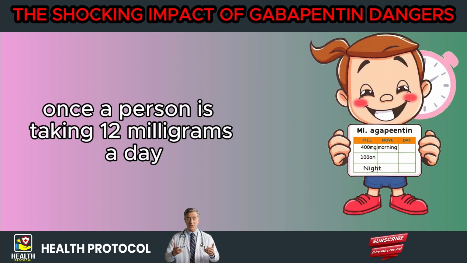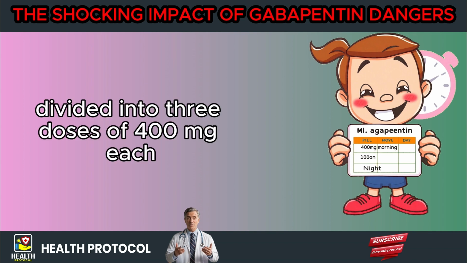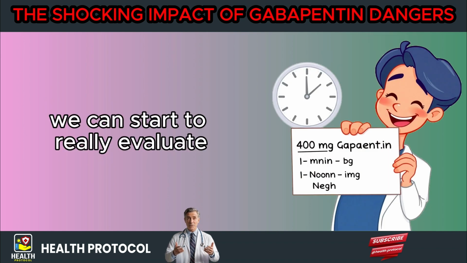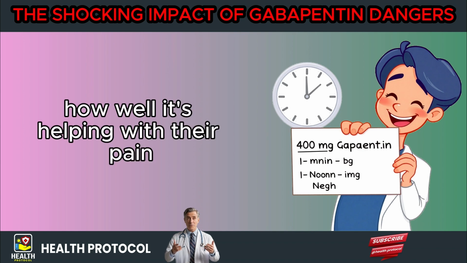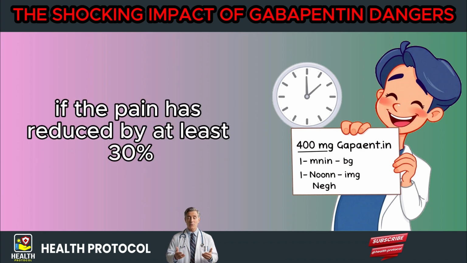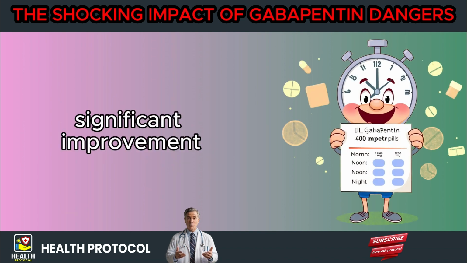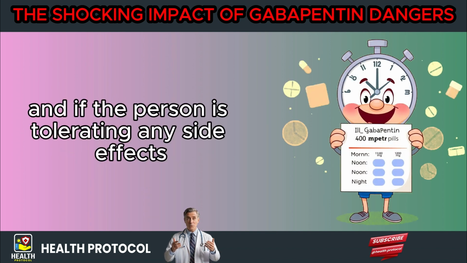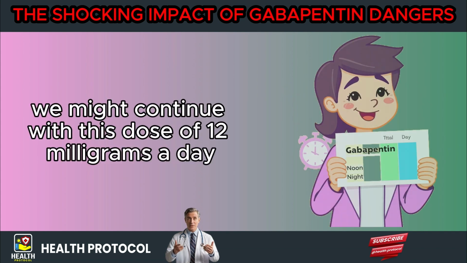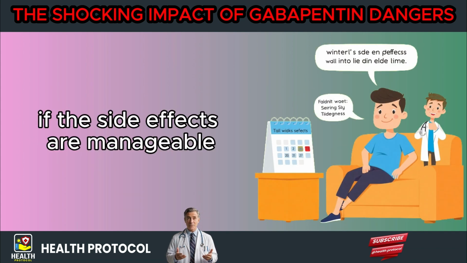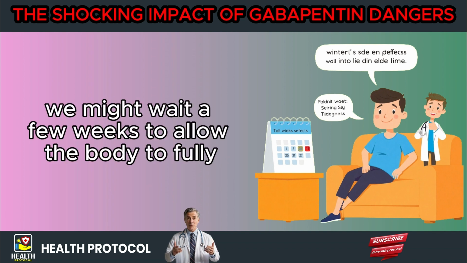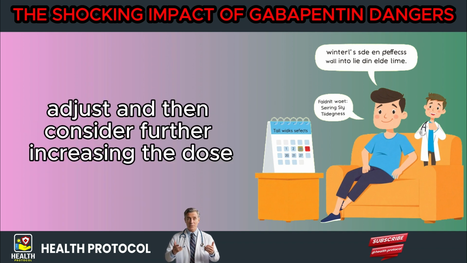Once a person is taking 1,200 milligrams a day, divided into 3 doses of 400 milligrams each, we can start to really evaluate how well it's helping with their pain. If the pain has reduced by at least 30%, which is often considered a clinically significant improvement, and if the person is tolerating any side effects, we might continue with this dose of 1,200 milligrams a day. If the side effects are manageable, we might wait a few weeks to allow the body to fully adjust, and then consider further increasing the dose